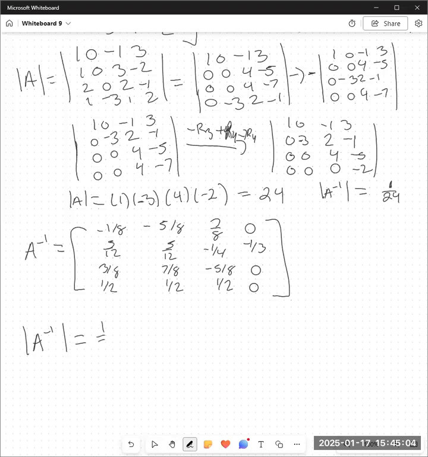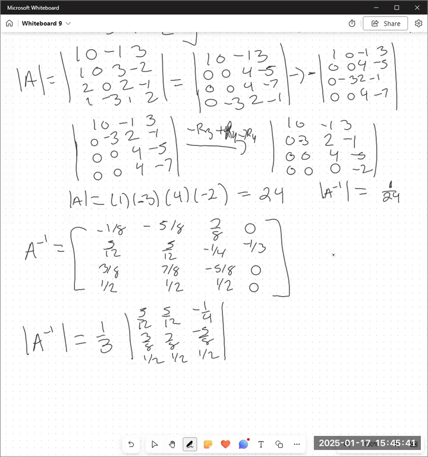So that's going to be a positive 1/3 times the determinant of, and then 5/12, 5/12, -1/4, 3/8, 7/8, -5/8, 1/2, 1/2, 1/2. And I would like to pull some stuff out of there to make my life easier. So I'm going to pull